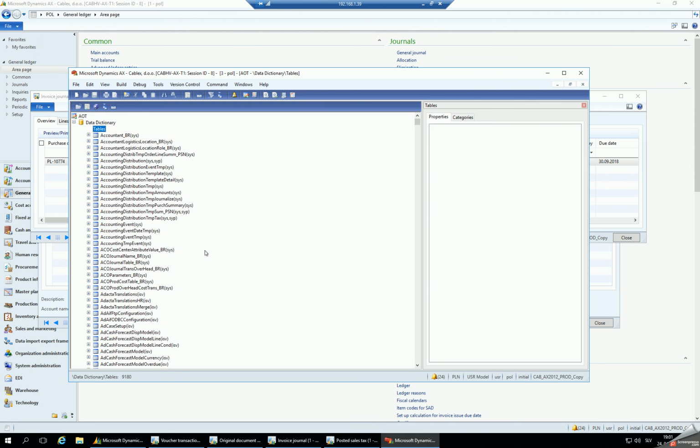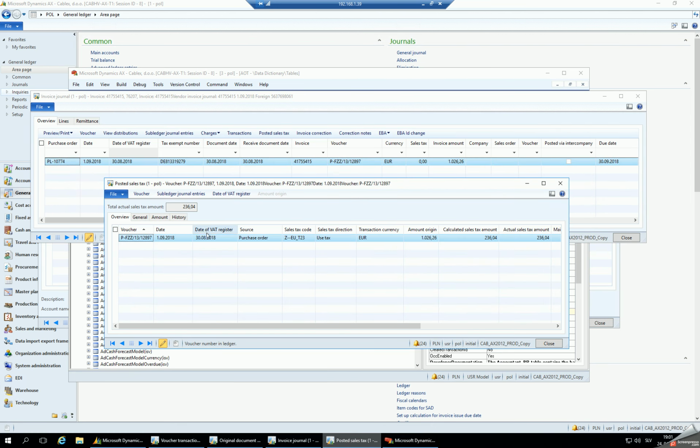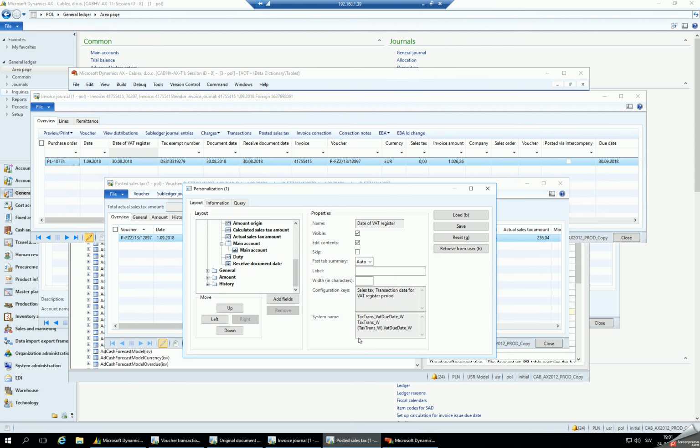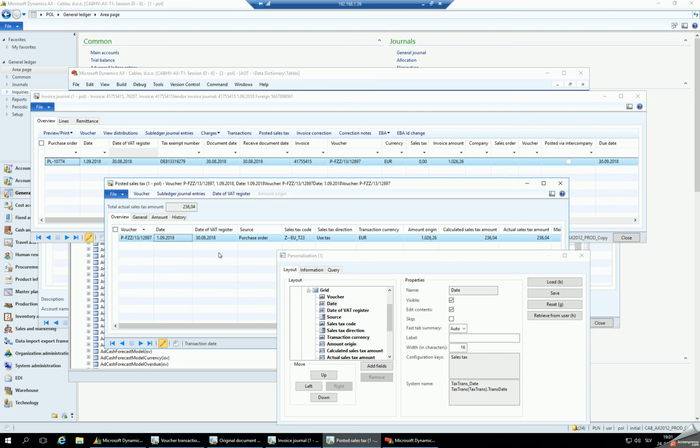We go to, so here we can check in posted sales tax which table is here behind, and we can see that this is the table tax trans W. This is not the regular tax trans table, but it is from the localization. The regular, for example, this field here is from standard functionality and it's only tax trans, but date of VAT register is from this